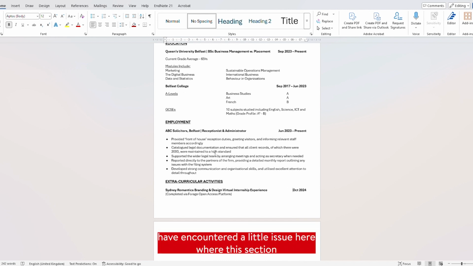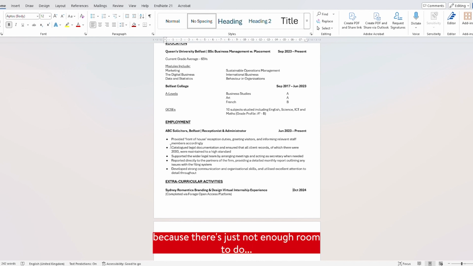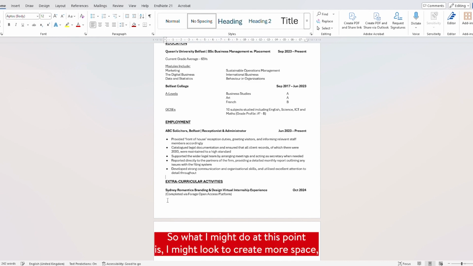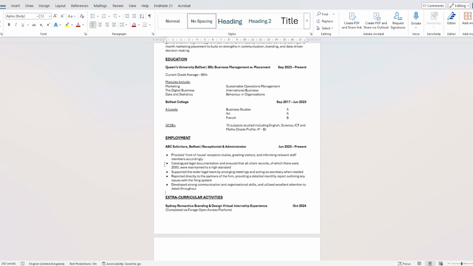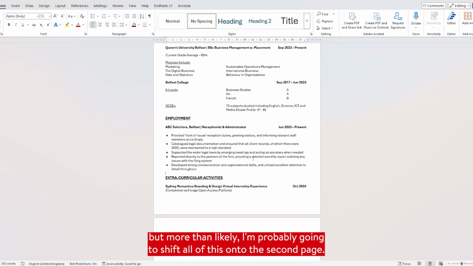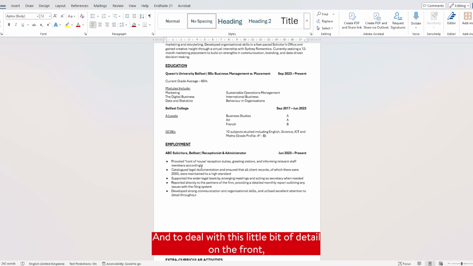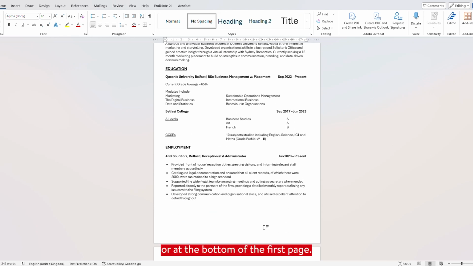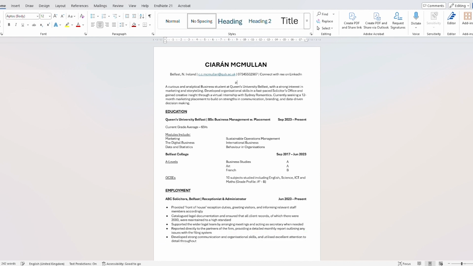Now, we have encountered a little issue here where this section is going to be separated from the main body text because there's just not enough room to get it in there. So what I might do at this point is I might look to create more space on the first page, but more than likely I'm probably going to shift all of this onto the second page, and to deal with this little bit of detail at the bottom of the first page, I may just come in here, for example, and just write